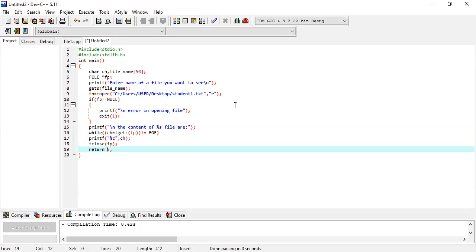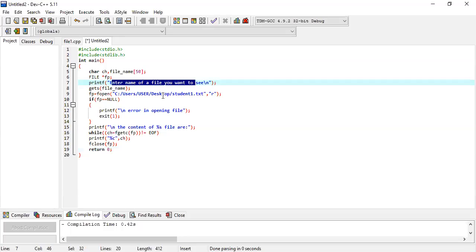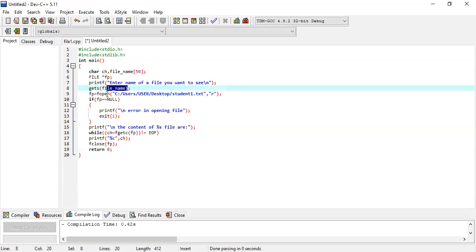So when we want to actually read that file, basically we want to print each and every character of that file to my output monitor. In that way you can read your file, whatever the file is in your device. So that's why we use ch here, and see which file you actually want to see. This is a file name, so this is given by the user.